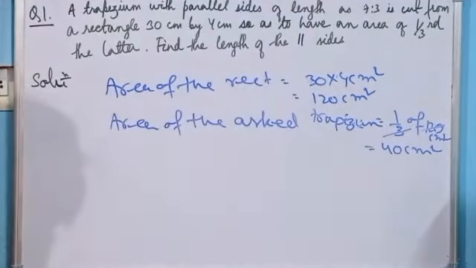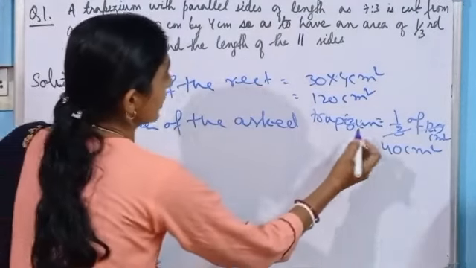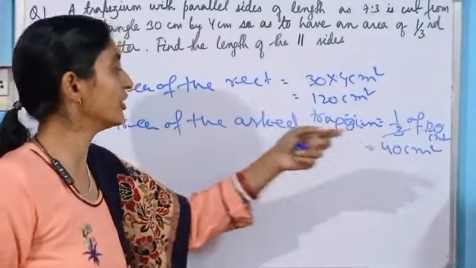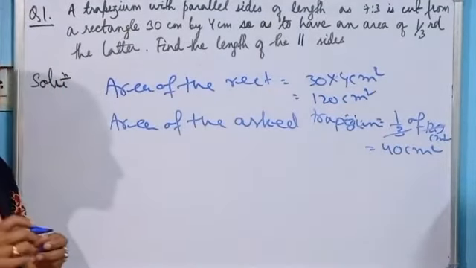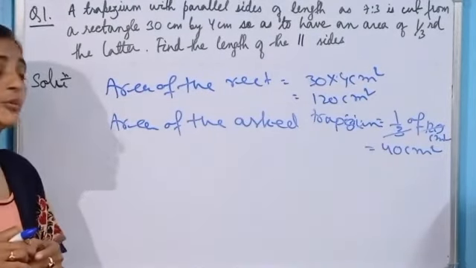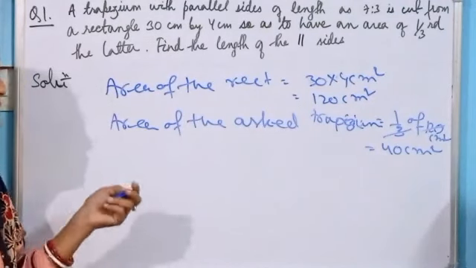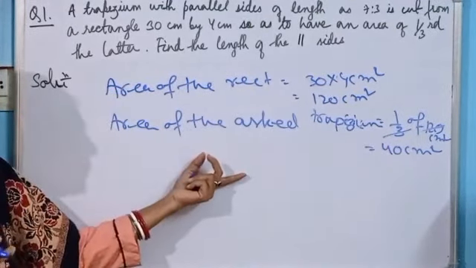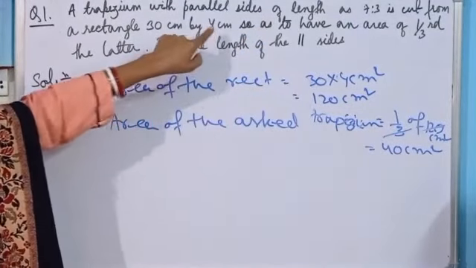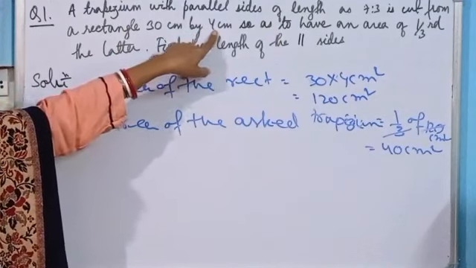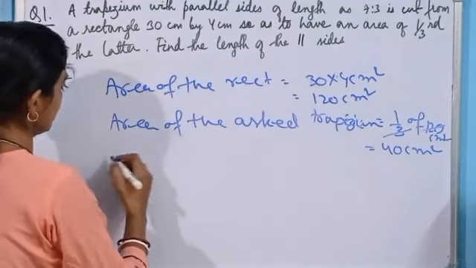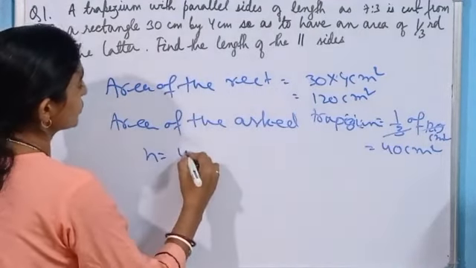Okay, so let's come to the solution part of this question. What has been asked in that? Here you know that till now when we have discussed about the area of the trapezium, we have come to know that area of a trapezium stands for half into height into sum of the parallel sides. So what will be the height of this trapezium? Here from this question you will get it. If the dimension of the rectangle has been given, where the breadth has been given 4 centimeters, so here we can consider that height of this trapezium will be 4 centimeter. So we can write that h will be 4 centimeter, yes.